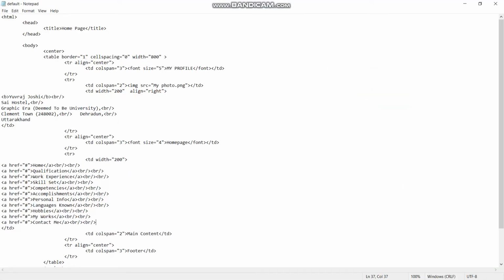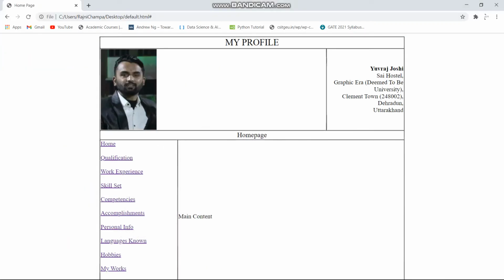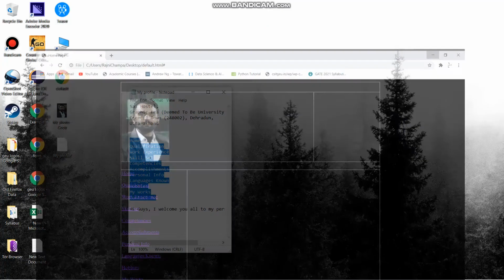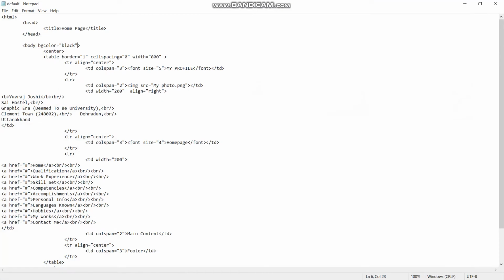Now for the footer section, okay, now for the coloring of this page, what I will do is write bgcolor at the body, it equals to black. Refresh. All of this has been turned into black and it doesn't look very good, so I will color all of them.